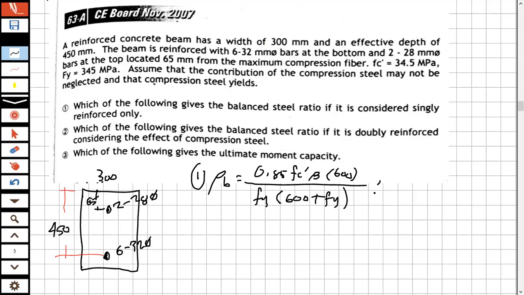Now the question is, what is beta? Our FC prime is 34.5. For beta, because FC prime is greater than 30 megapascal,